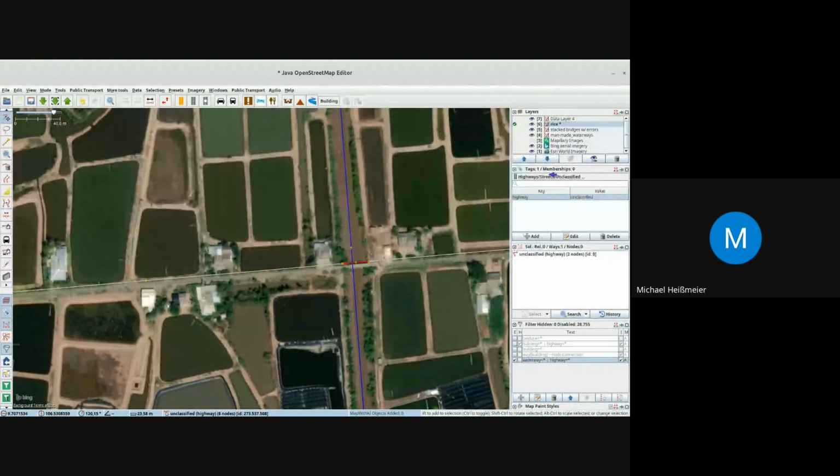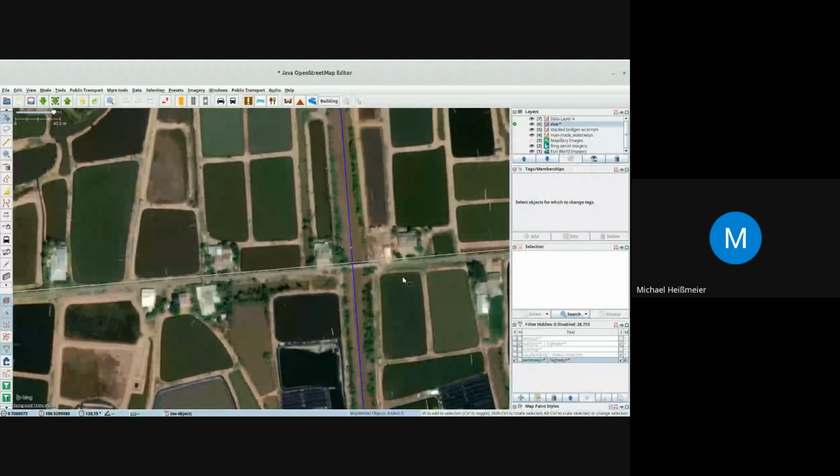And then you can add relevant tags. You can add them directly, but certainly better to do that in here. Say we've got a bridge. We've got layer equals 1. And then you're done. It's quite a bit of work. There is an interesting plugin which can simplify things for you. So let's just revert that. Now we've got the highway as it was mapped previously.